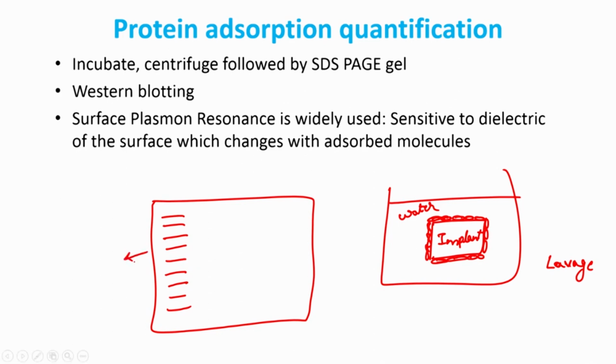So, I hope everybody knows Western blotting. All it is, is to transfer it to a membrane, and then once it is transferred to a membrane, let us say now this is the membrane itself, you can come with antibodies against known proteins. So, let us say if I am predicting fibronectin is one of the proteins that is getting involved, I will come in with the fibronectin antibody and incubate with this. If fibronectin is one of the proteins that was on the implant, then this antibody is going to go and bind